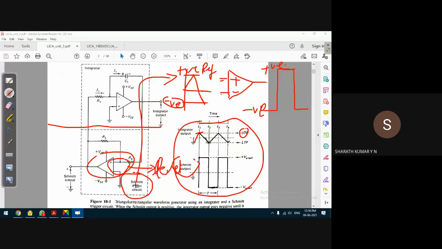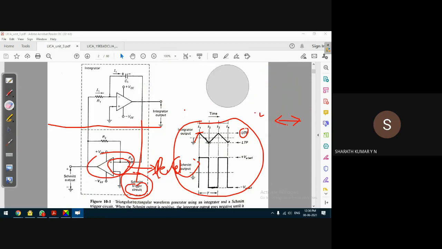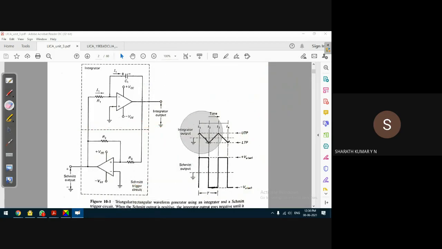As the name suggests, it is a trigger circuit. When the input reaches a particular triggering value, the output will change state. From that we can make out the triggering level of the circuit. Of course, we'll discuss the triggering circuit and its design later. This is just the basic operation of the circuit.